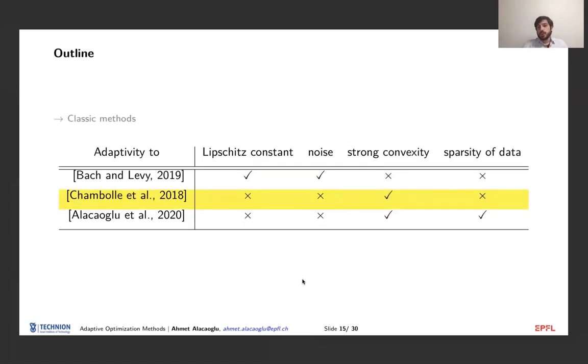Now we will move on to another notion of adaptivity, which will be adaptivity to strong convexity. What we mean by that is that in the first part, we only assumed convex-concavity, and under this assumption, the optimal rate was 1/t, and this is what we got. But in fact, when we have strong convexity, we can get linear convergence, similar to the minimization setting. And now we will see how we can get this rate